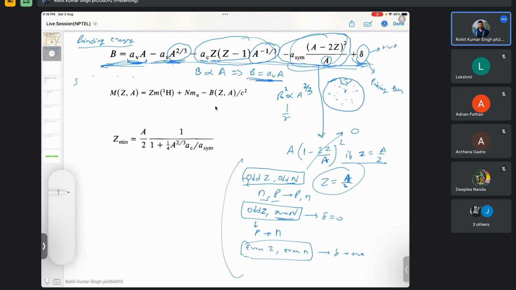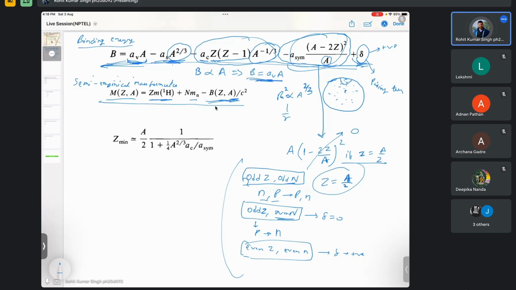Okay, so this is just the mass of one proton times the number of protons, then the mass of neutron times the number of neutrons, subtracted by the total binding energy that is there for the nucleus. So this will give you the mass of the nucleus, and